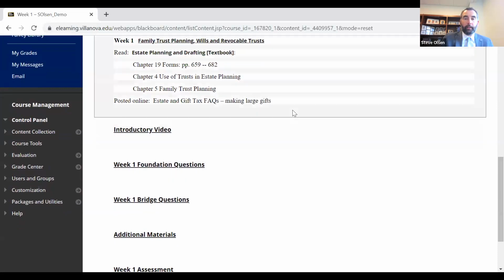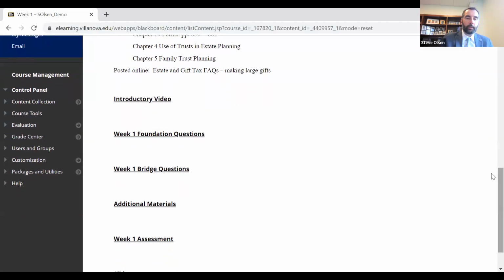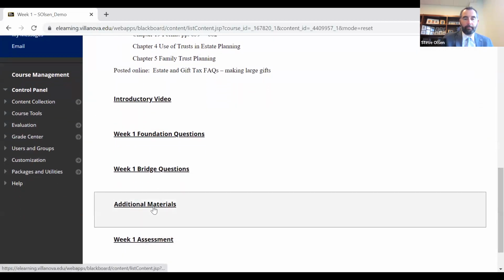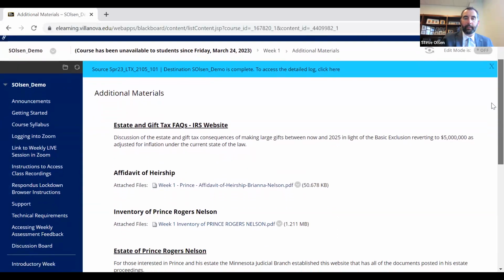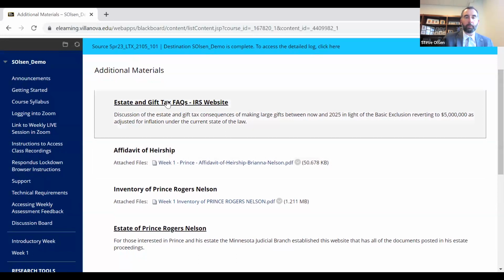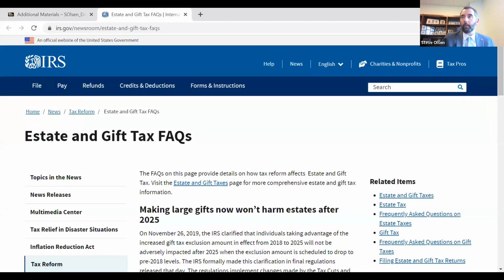So as a student, you would be doing all this reading. You would go through those chapters, read it on your own. You would then come down to the additional materials tab, click on that, and it takes us to a set of links and information. So the first one was required reading, estate and gift tax FAQ on the IRS website. And so if we click on it,